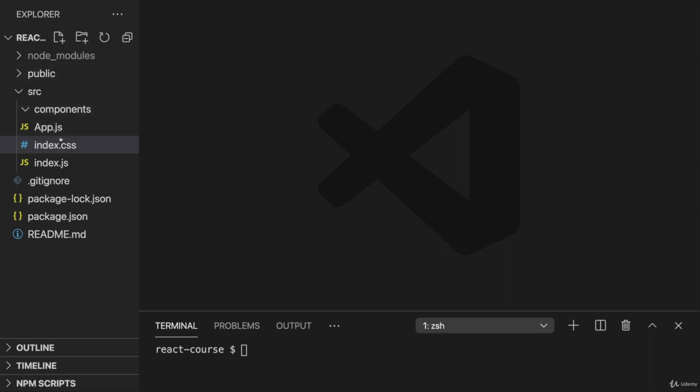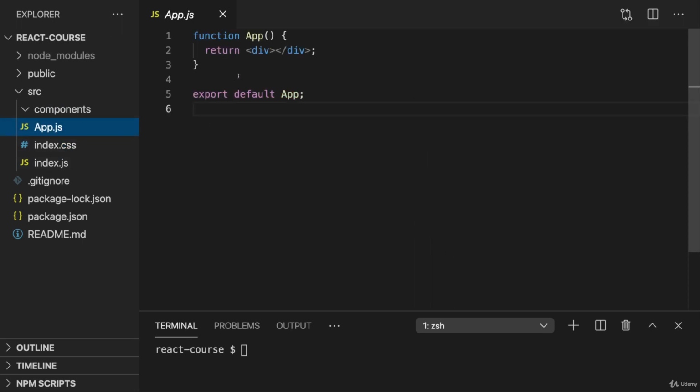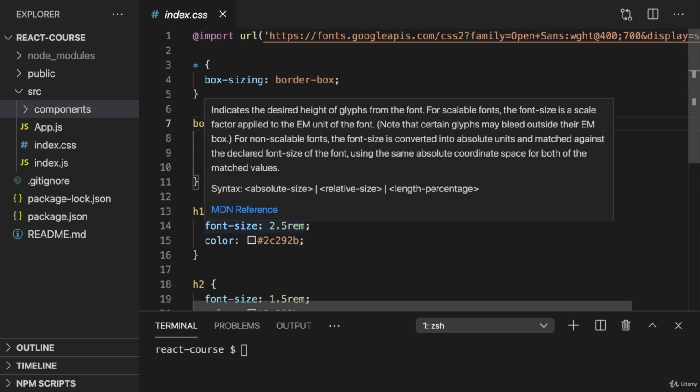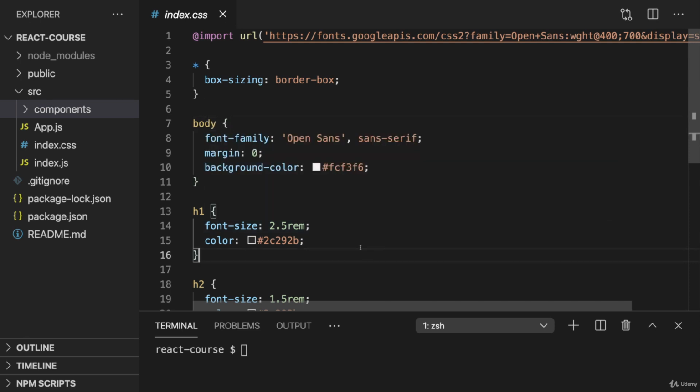And for that, I cleaned up my project. I removed basically all the imports and all the content from this app file here. And index.css has some new content. You find my updated project attached. So there you also find the updated index.css file. And I deleted all the components. Now, as I just said, you find this updated starting state attached, and you can therefore then start with that